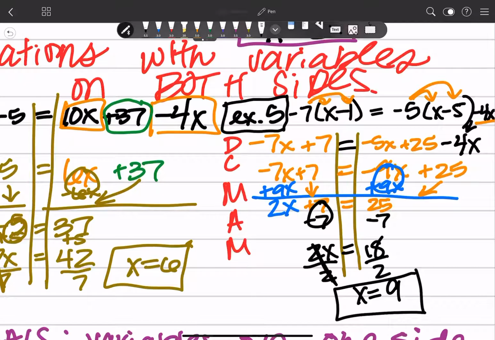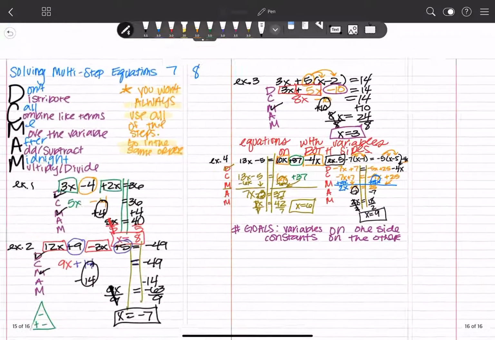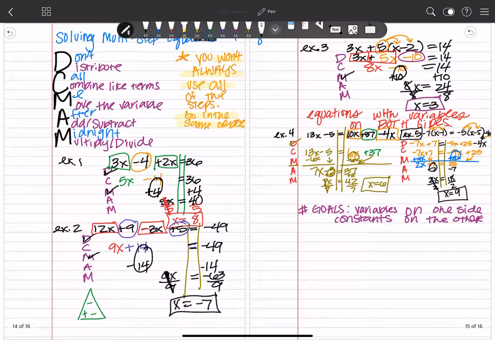And there you have it. You have solved multi-step equations. These two pages right here, this is what's going to keep you surviving in Algebra 1. Now, there is one more thing